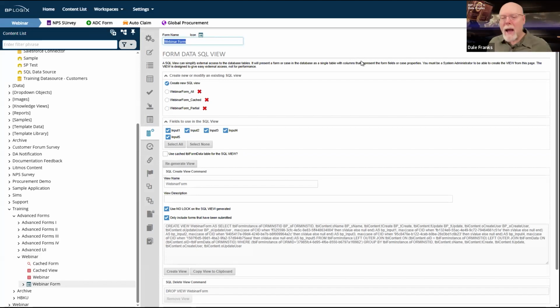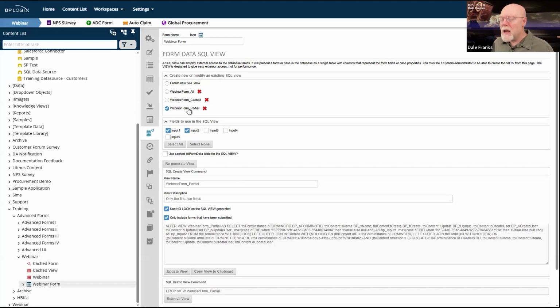And so this gives me access to both live data and also cached data, depending on what it is that I want to do. I can create as many SQL views as I want. Each one of them can optionally look at live or cached data. The only thing, if I'm looking at cached data, and it's just as true for a SQL view as it is for a knowledge view, is that I've got to be able to prompt that cache recreation on a routine basis in my system.